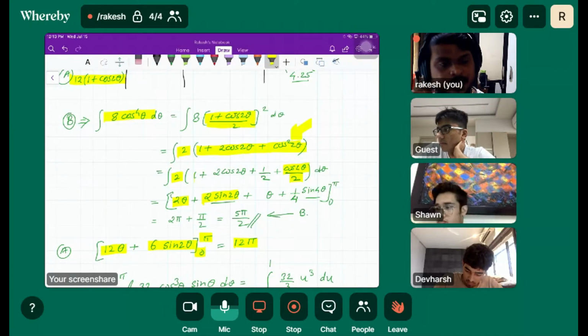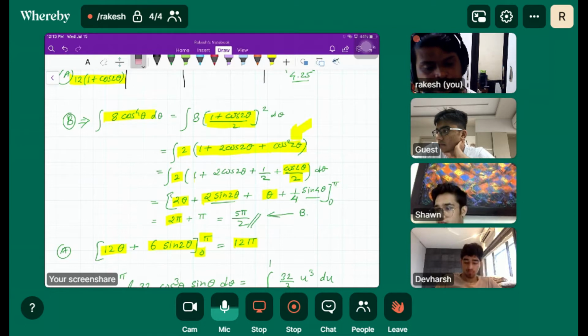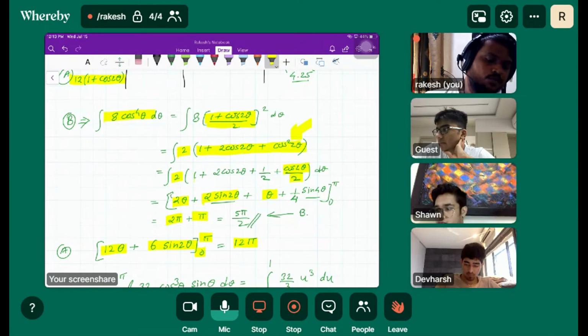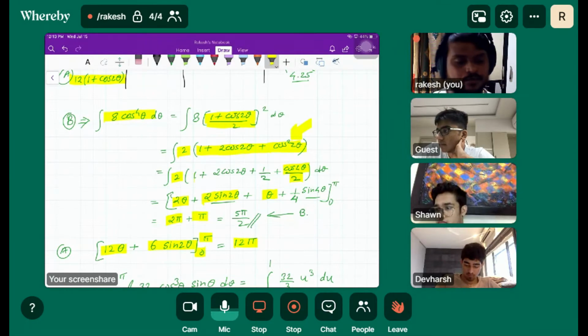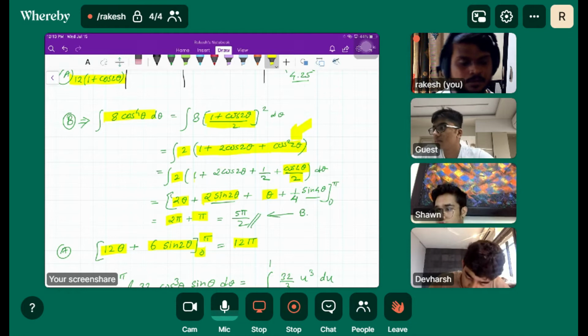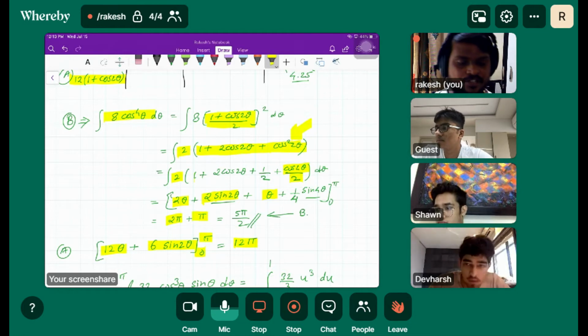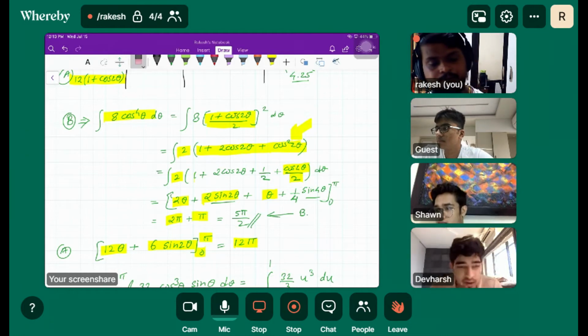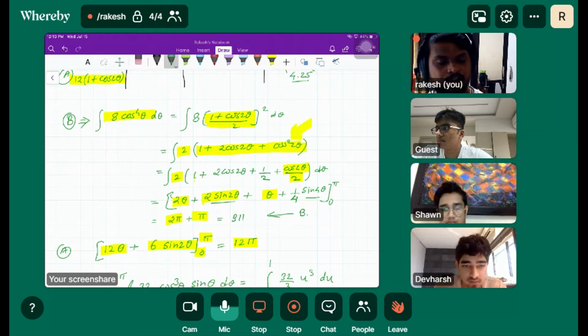Okay. So when we apply the limit here, 0 to pi, and this is also pi. I made a mistake there also. It should be just pi. Because sine 2 pi is 0, sine 4 pi is also 0. When we plug 0, everything goes 0. So I think the final answer is pi.